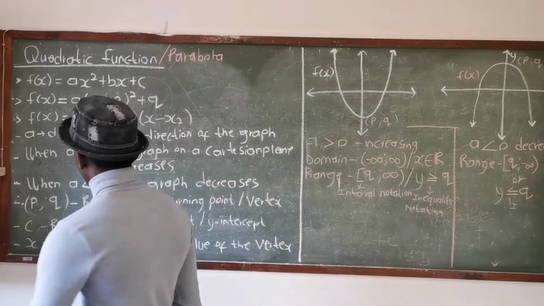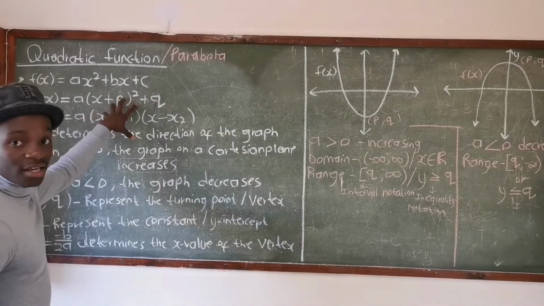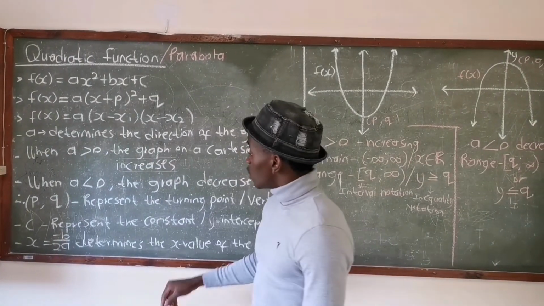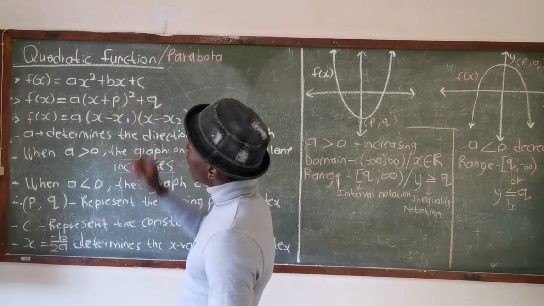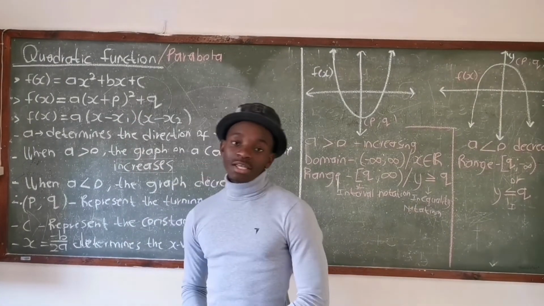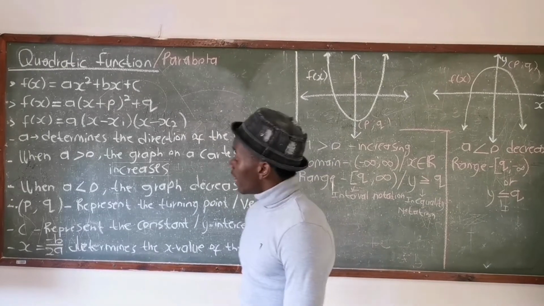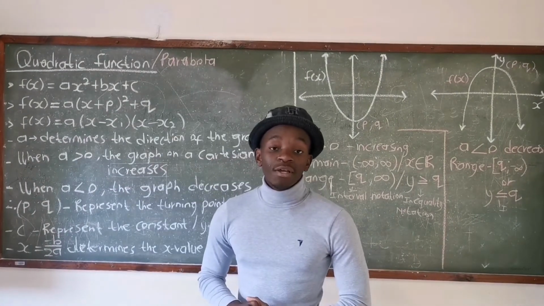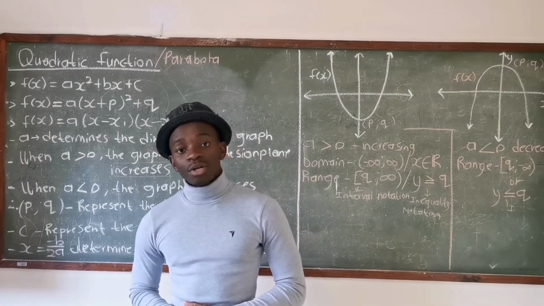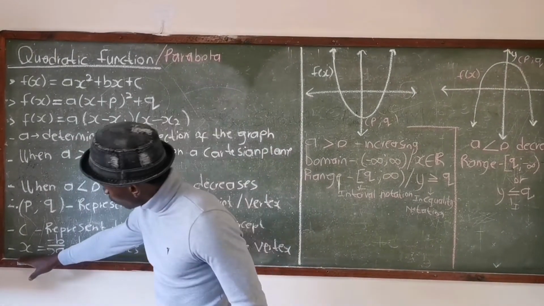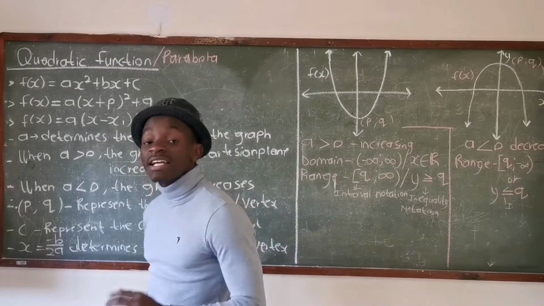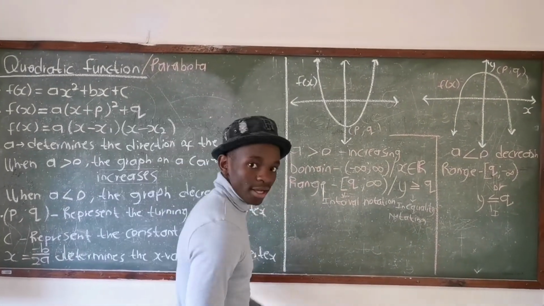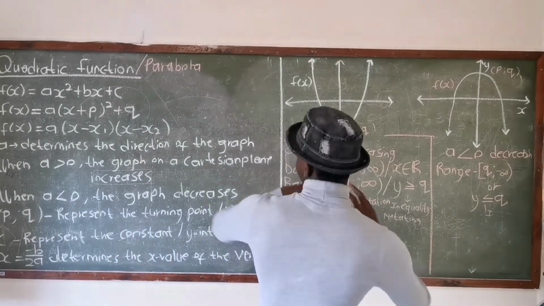Furthermore, the p and q on the standard equation represent the turning point, also known as the vertex. And also, the c on the general equation is known as the constant or the y-intercept. Furthermore, there's also another equation that is used to determine the x value of the turning point, which is this equation here, where x equals negative b over 2a. Then therefore, let's go to the graphs that summarize the